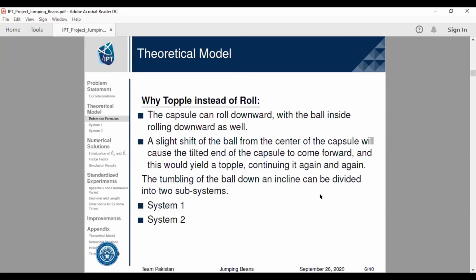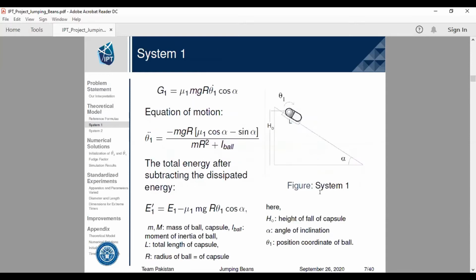The tumbling of the ball down an incline can be divided into two subsystems, system 1 and system 2. System 1 is when the ball rolls from one end of the static capsule to the other end with a velocity theta 1 dot. As soon as the ball collides with the capsule, assuming perfectly elastic collision and taking into account the energy loss due to the presence of friction between the ball and the capsule, there is a transition from system 1